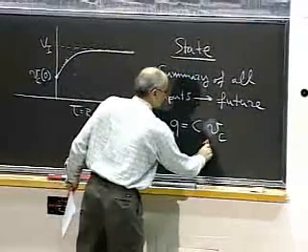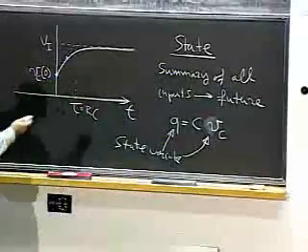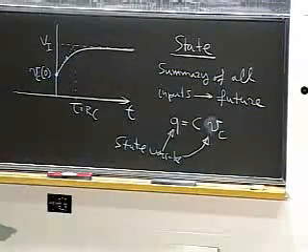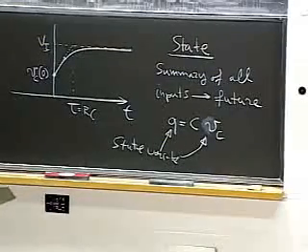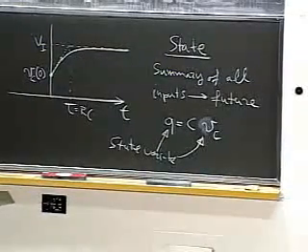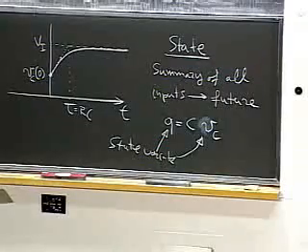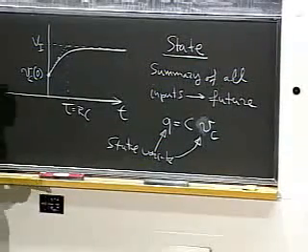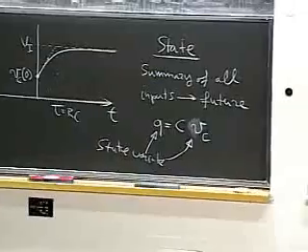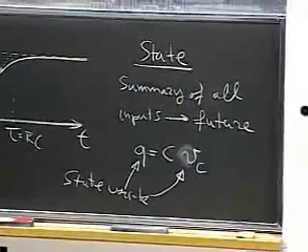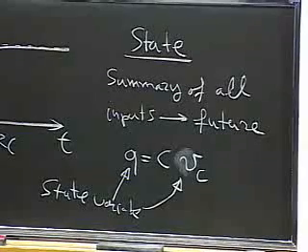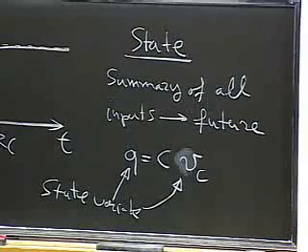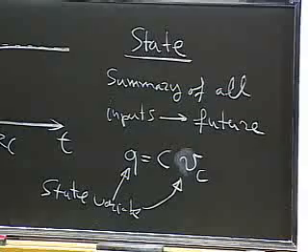But for a linear capacitor, since there's a one-to-one relationship between the two, V is also a state variable. Okay? So let's then go back to our original circuit. What we have is that